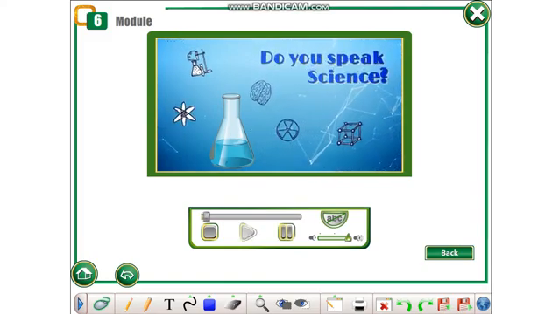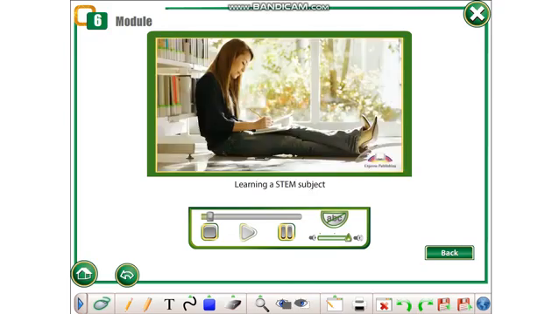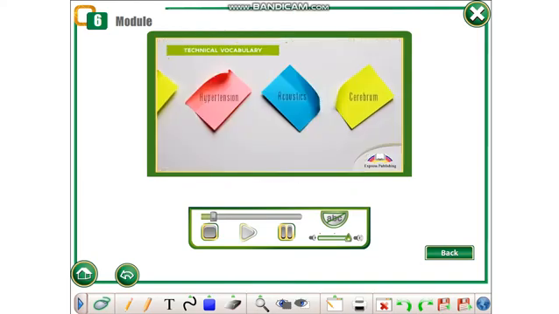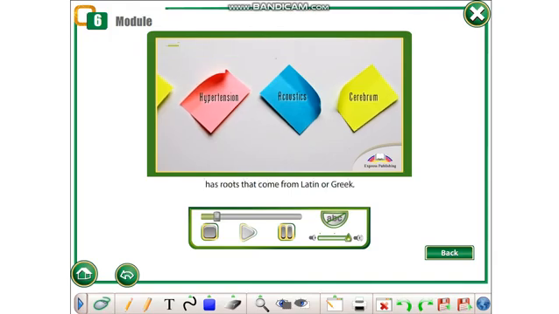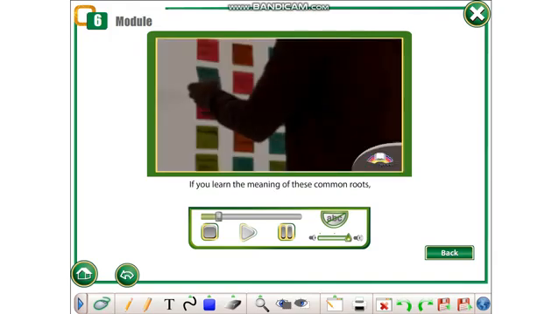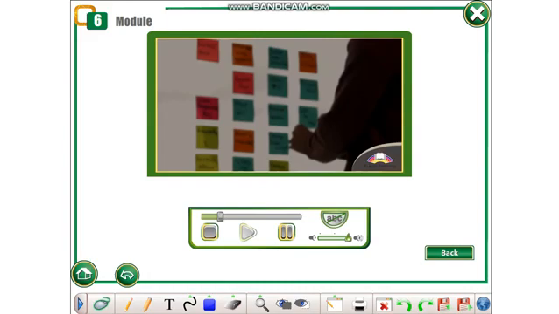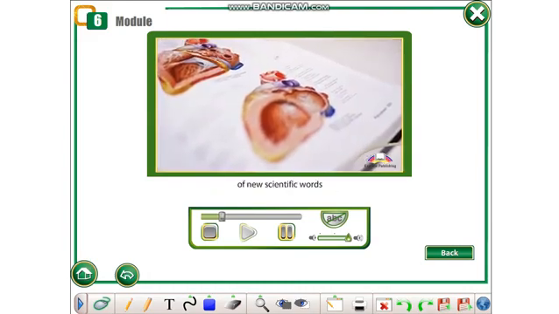Do you speak science? Learning a STEM subject can be like learning a whole new language. Technical vocabulary. A lot of scientific language has roots that come from Latin or Greek. If you learn the meaning of these common roots, you can work out the meaning of new scientific words that